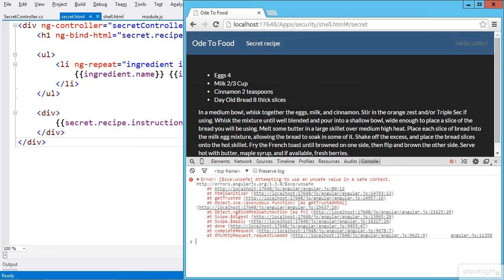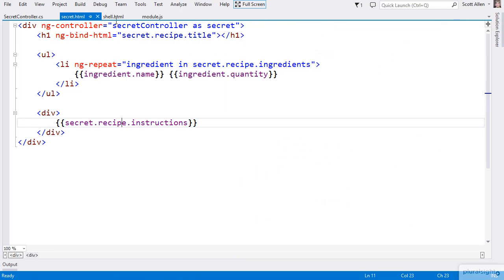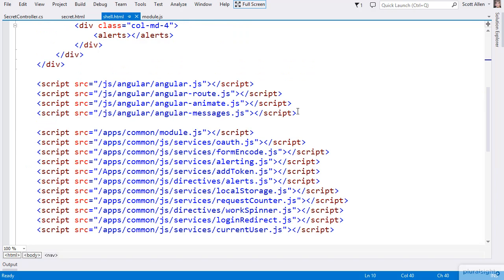What I want to do is install the Sanitize service into my application. I want to do this because ngBindHtml will automatically call into the Sanitize service to make HTML safe and trust that HTML. And just by having the Sanitize service installed, I should be able to then see the title of my recipe, and I should be able to see the word toast emphasized. It just happens implicitly. So the first thing I'll need to do is come into the list of scripts that